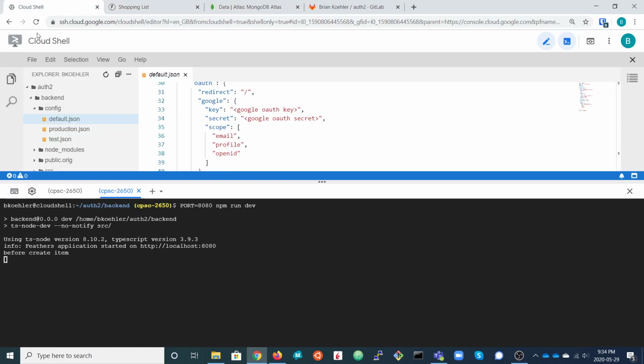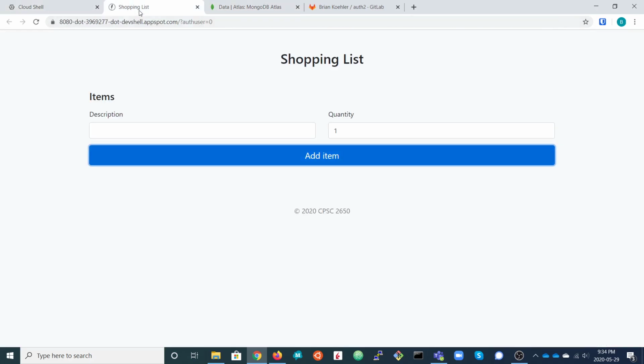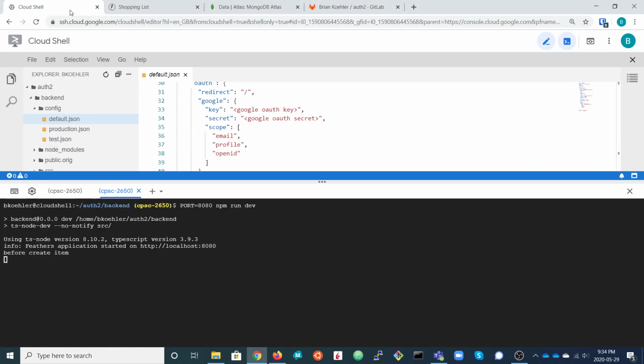Okay, so right now the application is unrestricted. Anybody can land on this page and fill out the form, add an item, and it goes into the database. What we want to do is restrict this page so that only a registered user or a logged in user can access it. And so what we're going to do is, on the Feathers backend, create